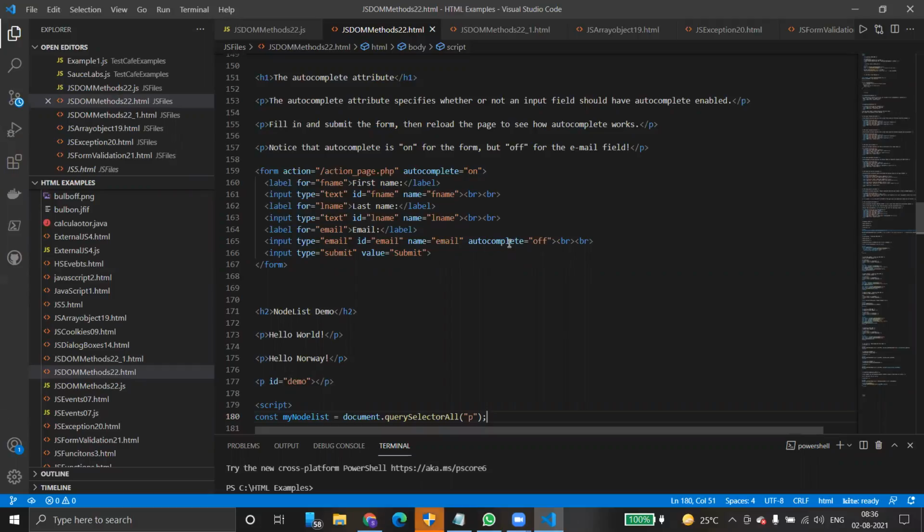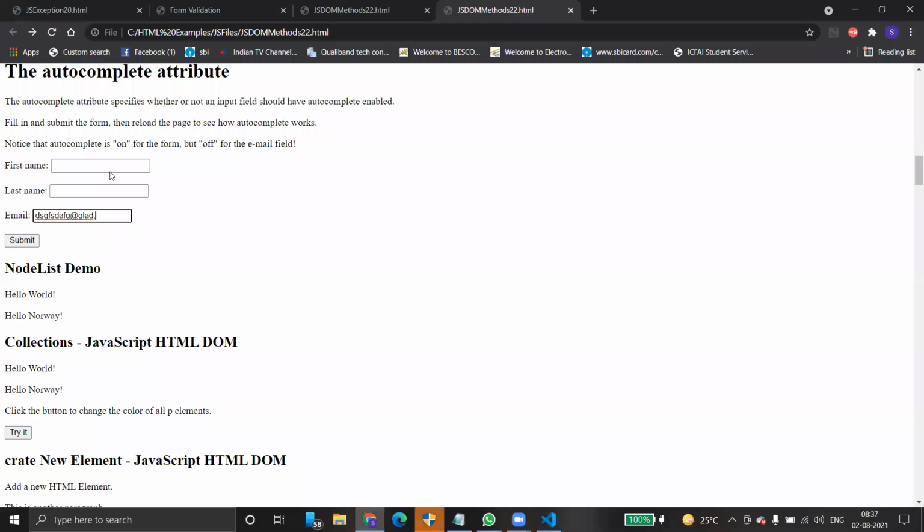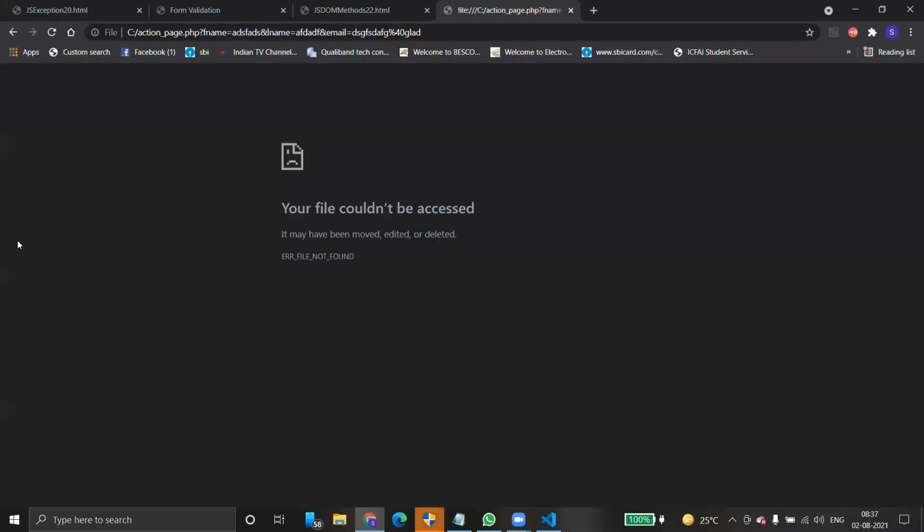First time you have to fill the form. See here, the description: fill in and submit the form, then reload the page to see how autocomplete works. So you enter something and then click the submit button, but PHP is not there actually. Okay, fine.